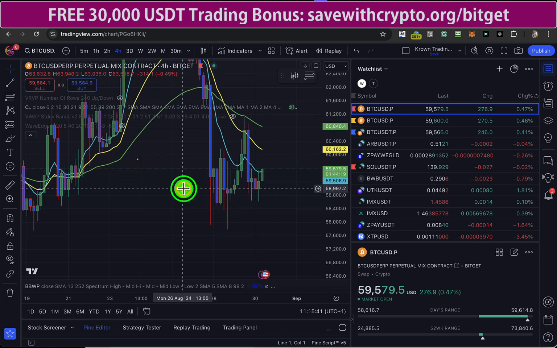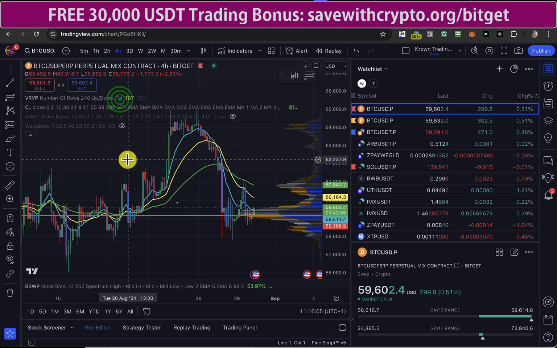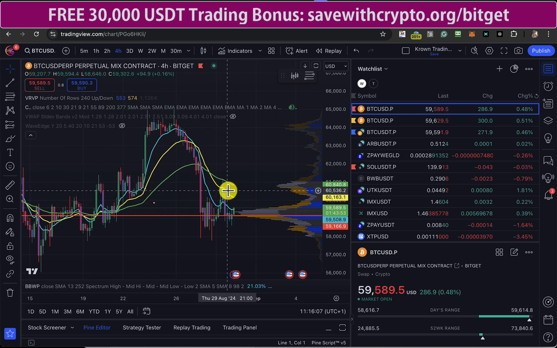What are we looking at here? Well, I would say at a glance, there looks like there's quite a lot of activity in this area, the kind of 61 grand sort of area. You can always check that by using the VRVP, and you can see here that there is a bit of a node here at around